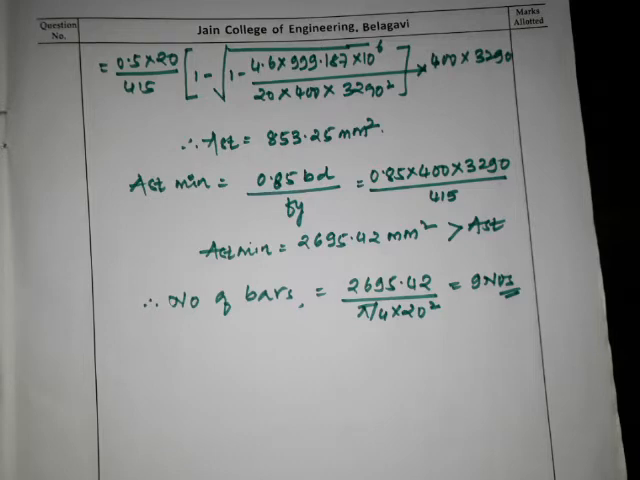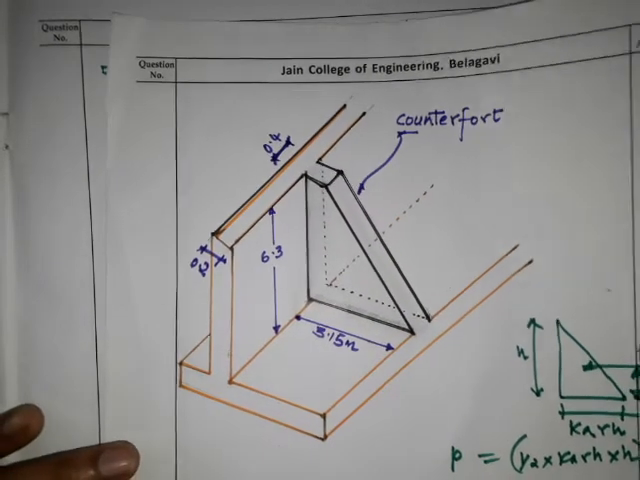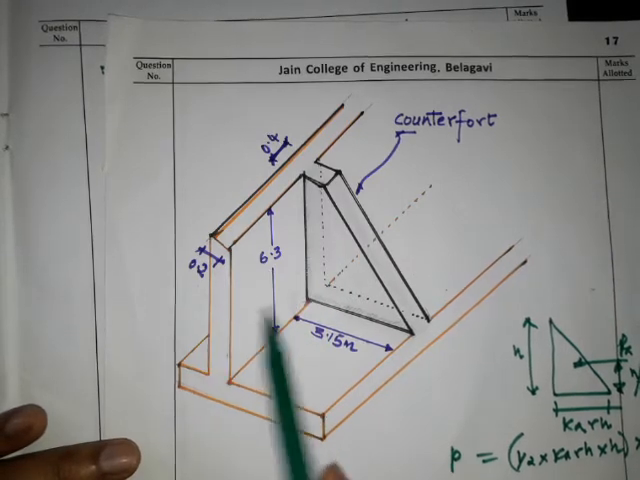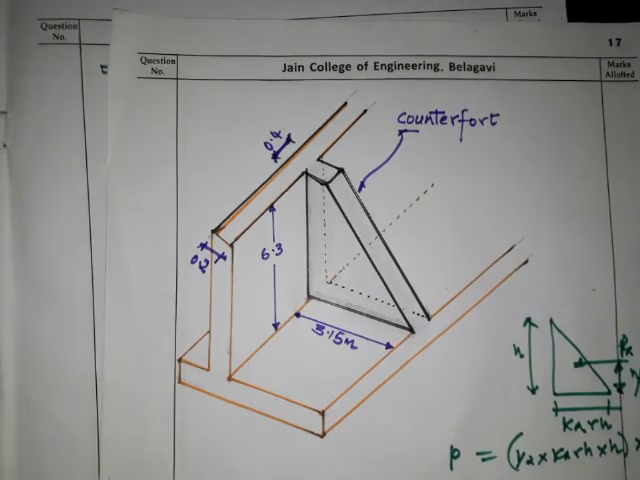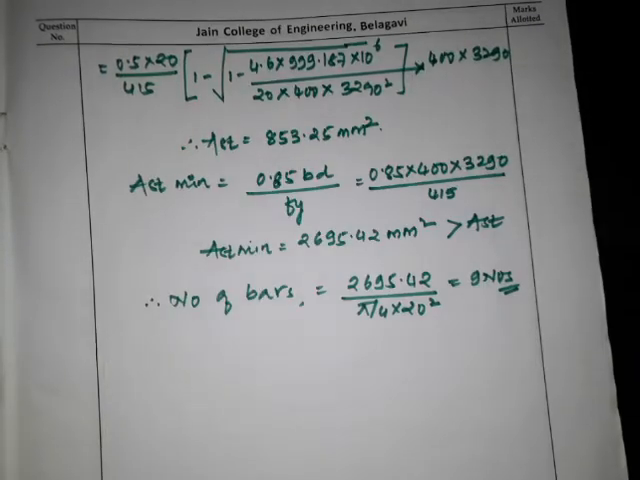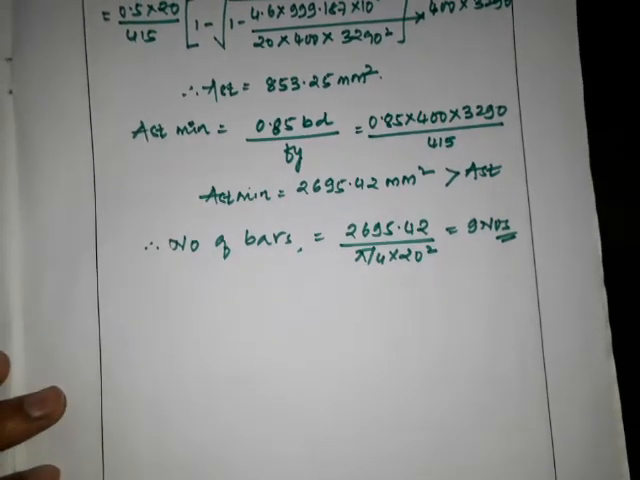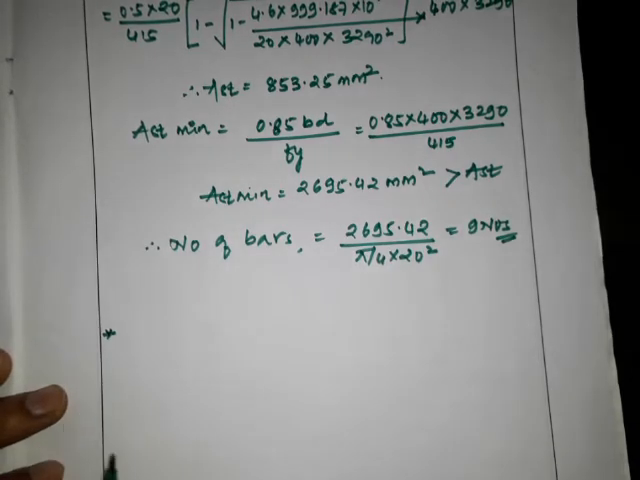Okay, understood. Now we have finished all the components of the retaining wall, and one more part we are left with, that is the design of the connection between counterfort and toe slab, and counterfort and heel slab. We are left with only this, so we'll finish up that. Okay, so first we'll start with the connection between